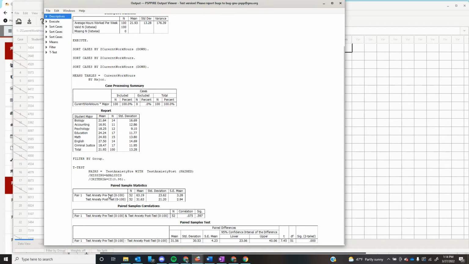So I can see the test anxiety on the pretest for these 52 students that were in my experimental group was 63.19 with a standard deviation of 23.62. I can see that the scores of the post-test test anxiety for these same 52 students was 31.63 with a standard deviation of 21.2. Now I can look at this and say, okay, so the mean score dropped a lot from pretest to post-test. But now I need to actually look at the statistical analyses to see, was this statistically